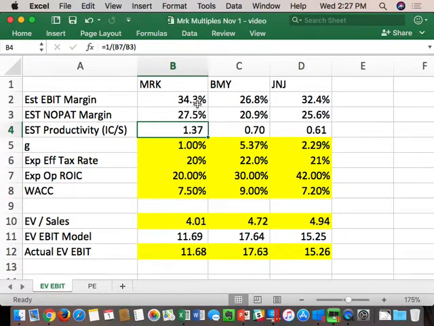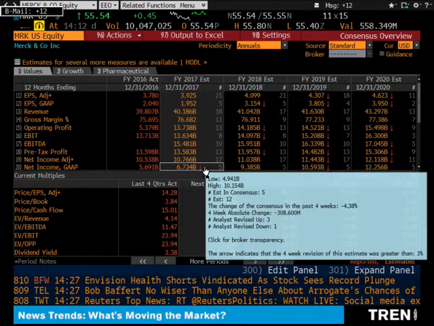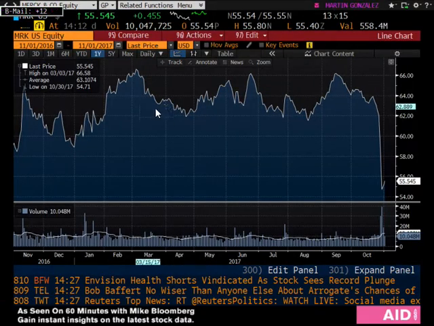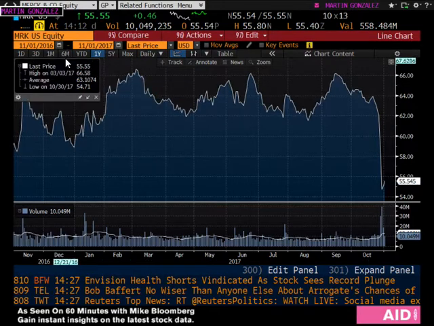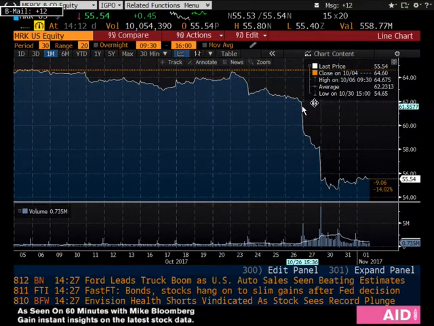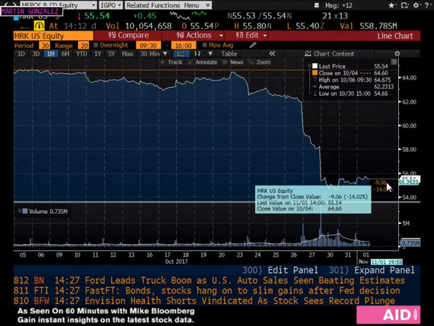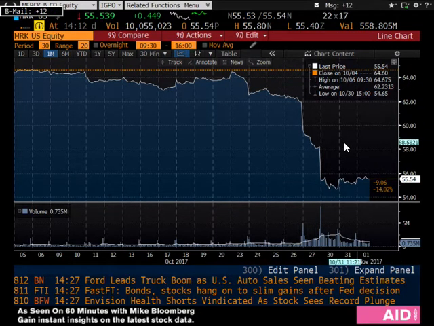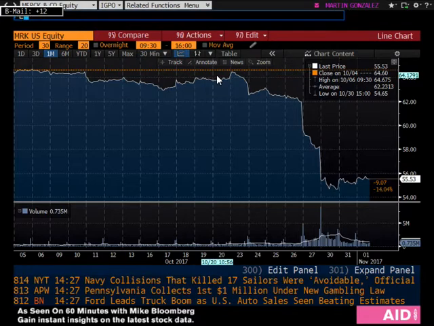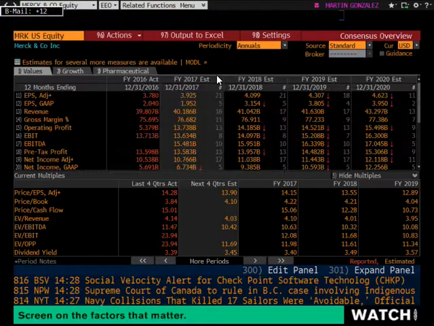By the way, the other reason why we're doing the multiples analysis today versus last week, let's go back and look at Merck's stock price. Why did Merck's stock price last week plummet? Let's just revisit this. This was the earnings call, and this is their stock price, right? Now, what's interesting is their stock price went from the 60s to 55, okay? So again, if I go to EEO,